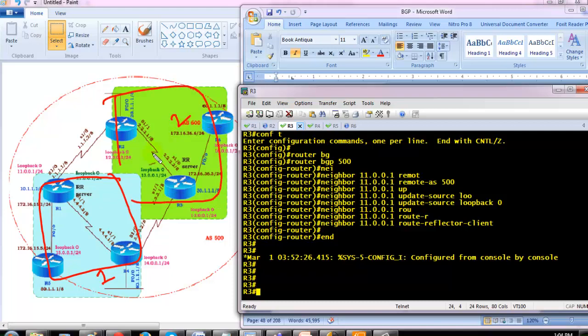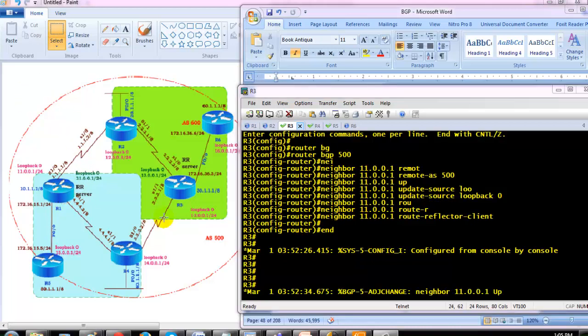Okay, so now the next thing is, once we configure both the clusters, this is our cluster 1, let's say, and this is our cluster 2, configured separately, and then we configured IBGP peering between these two clusters, any two routers. In our scenario, we configured between RR servers again. Now finally, you should see all the 6 networks. In each and every router, we are advertising one LAN interface, so I should be able to see all the routes. And also we should see that attribute information much more in detail.